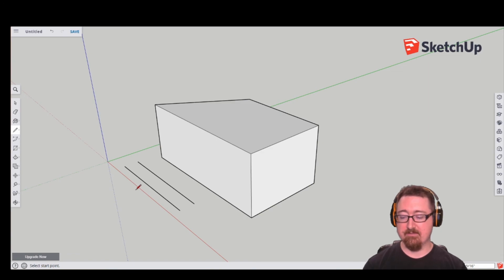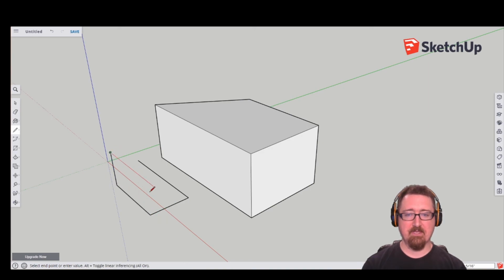Well, the first way, let me go ahead and back out. If I click once, draw out, and click a second time, it's going to allow me to continue drawing from that object. Okay. So this is a great way to run a chain of line segments until eventually you come back and complete that and a surface is drawn. So let me go ahead and undo that. Where if I just click and hold and then let go, it just creates a single line segment that's not attached to anything. Okay,